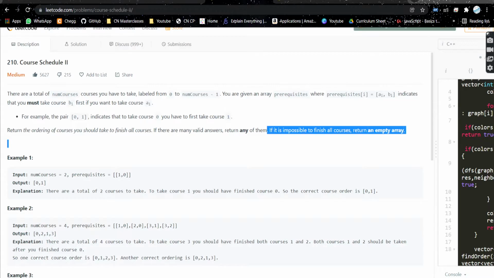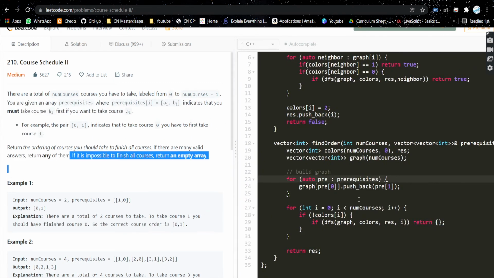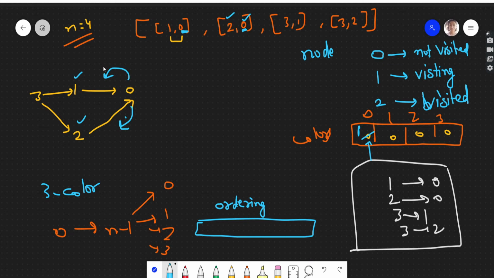If you see the code also, or let's see the code afterwards. So over here, we will see that there are no neighbors of 0. So now let's move further, and we will add 0 in our ordering, right?